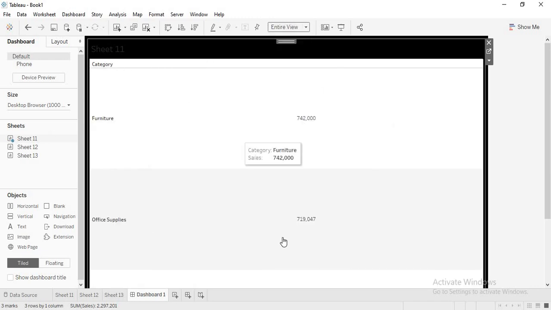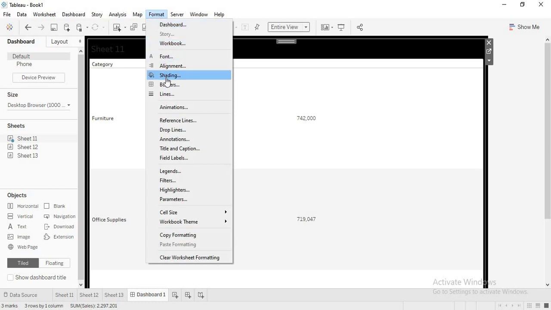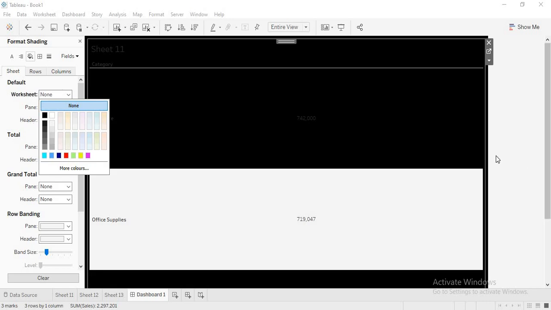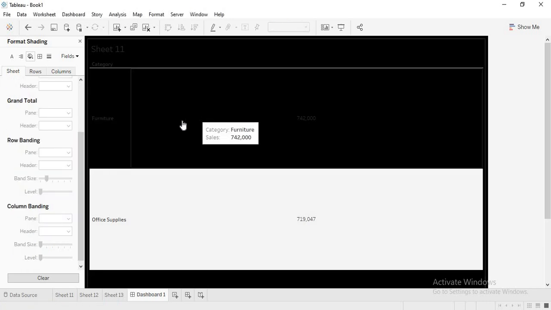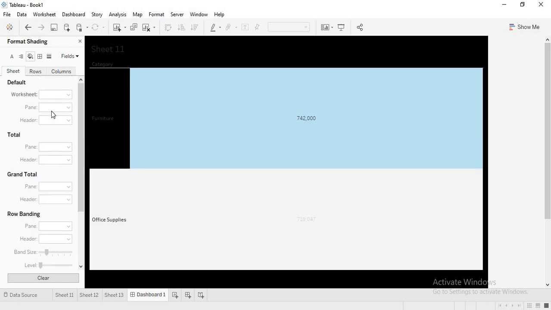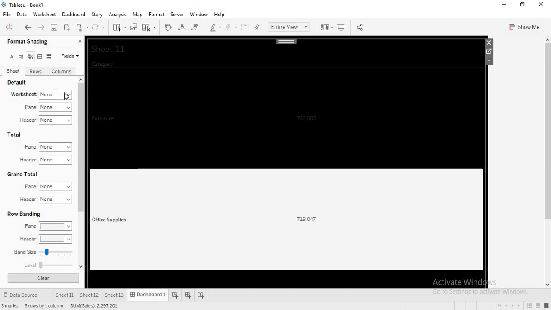Now here you are having this white, right? If you go into Format and Shading, there you have something called None. When you say None, whatever background you have will cease to exist, so whatever is behind it is visible. So the trick is, in the shading, select None.